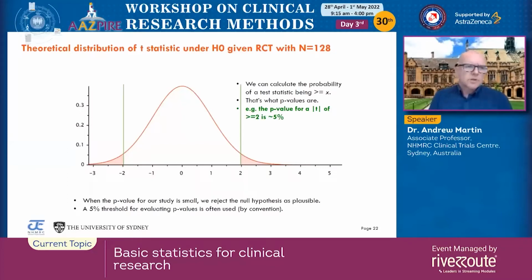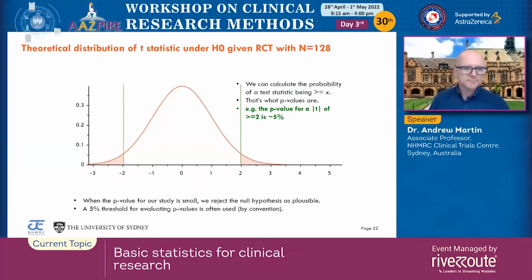So, you know, we might get a result as extreme as what we've observed under the null, but it's not very likely. And if we've surpassed our predefined threshold, then we would end up concluding that the null is not a good explanation, and we'd reject the null, and we'd conclude, therefore, that there is something going on, there is